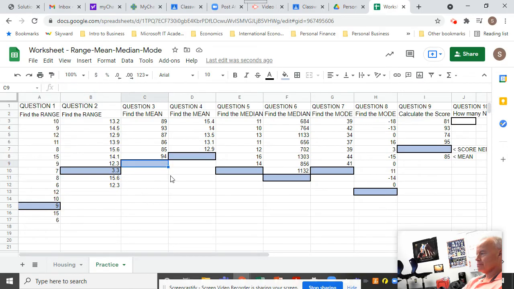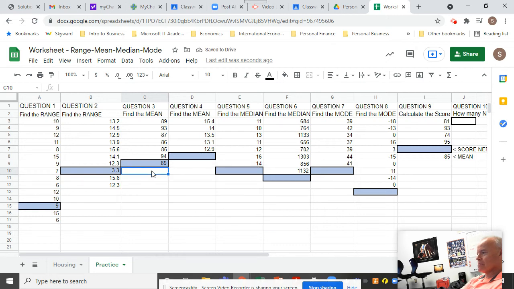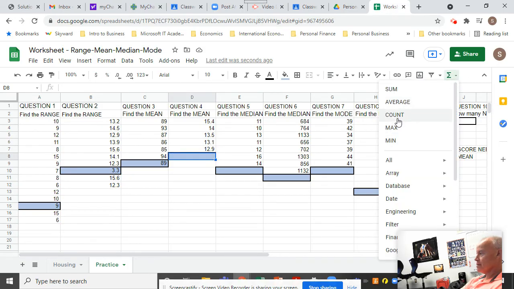Okay, find the mean. Well, you should know by now, mean is just a fancy way of saying average. I'm going to come up here to my functions, average. It's waiting for me to enter a range, a set of numbers. Okay, C3 to C8. So I'm using the term range twice. A range of cells being C3 to C8. That's an Excel term or Google Sheets term. Range statistically means the difference between the high and the low. Wow, that's confusing, huh? My range is 89, excuse me, my mean is 89. Find the mean here, wash, rinse, repeat, mean, average,